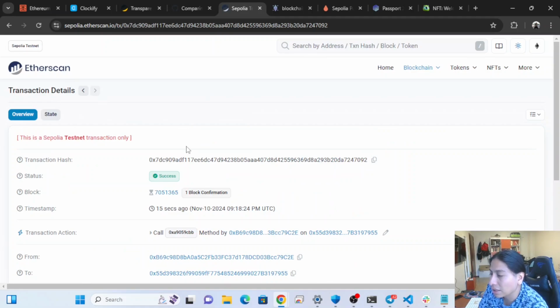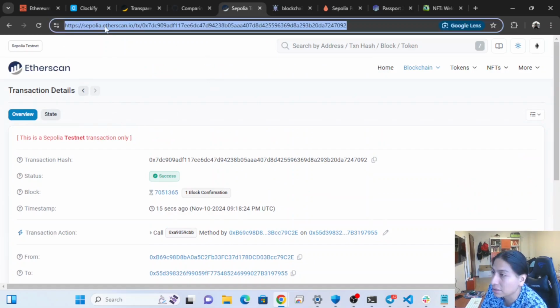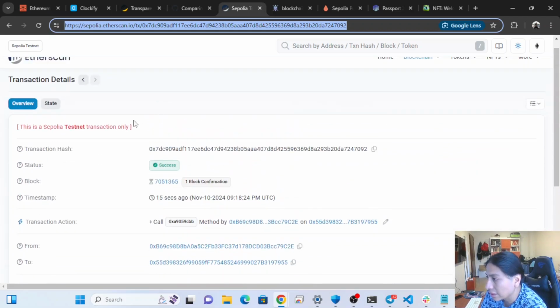As you see here in Etherscan, this transaction actually exists. It happened, and this is Sepolia. If you can see here, it is the Sepolia testnet, and this is the confirmation that the transaction was executed. And if we go to